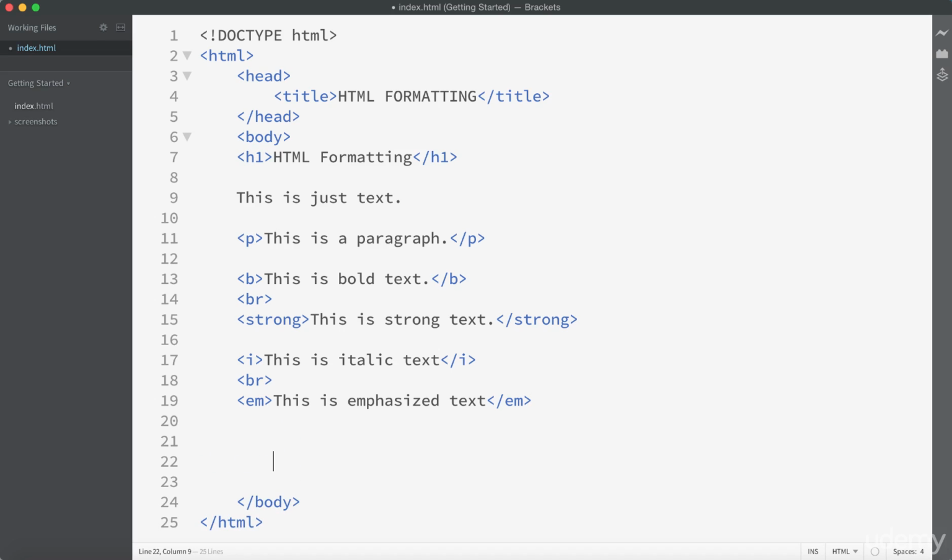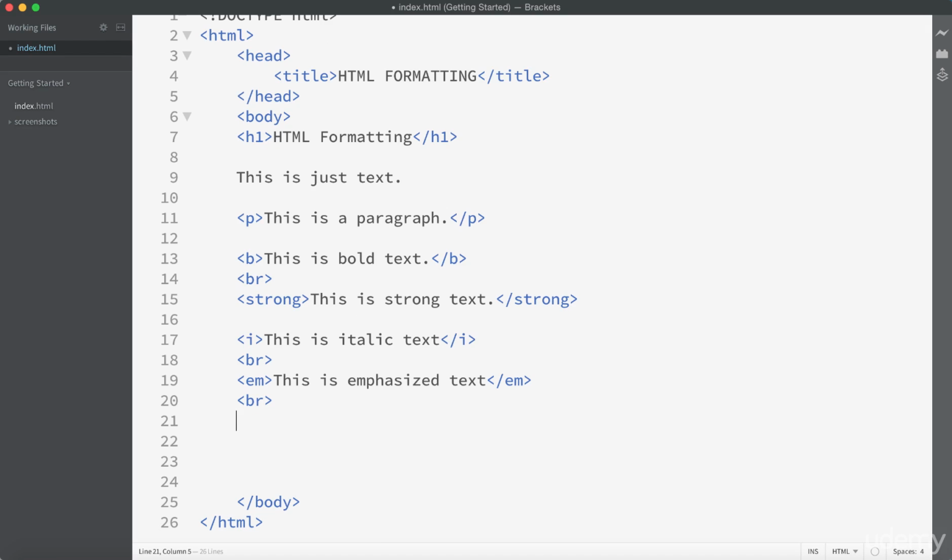And let's keep moving down. I'm going to create some space here. Let's look at some small formatting and marked formatting. So let's go ahead this time, and actually I'm going to go up one, and I'm going to create another break and hit enter. Let's create our